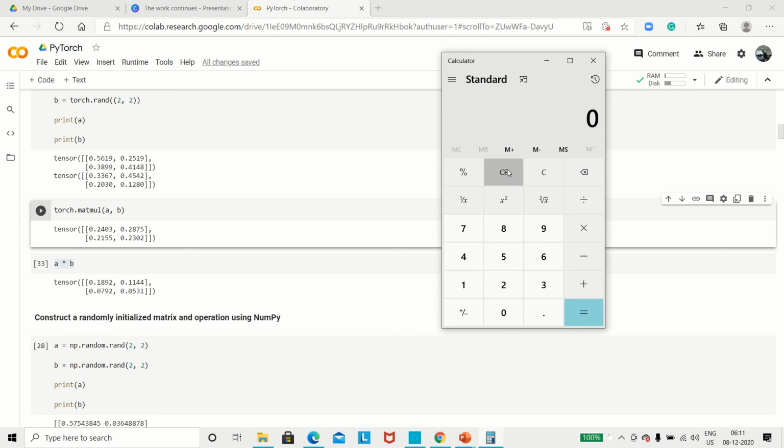Let me see if it's possible to show by calculator. The first row of A, 0.5619, the first element in the first row, multiply by 0.3367, which is the first element of the first column of the B matrix.